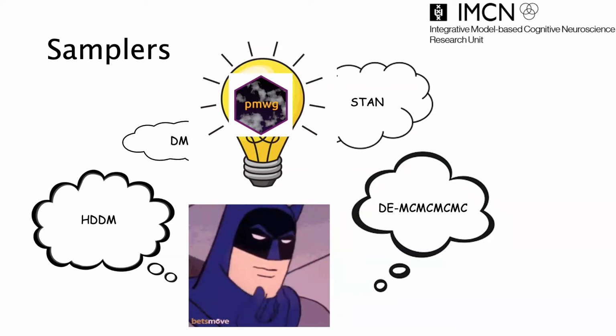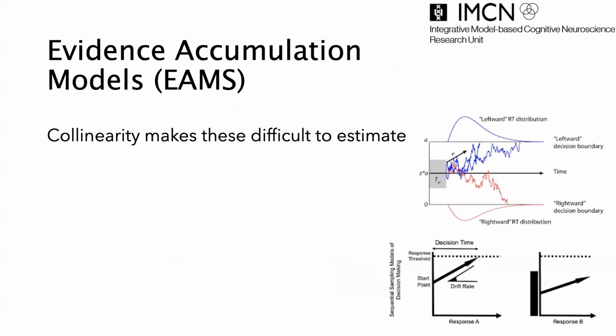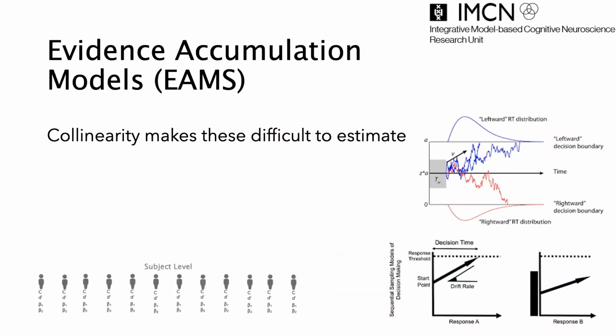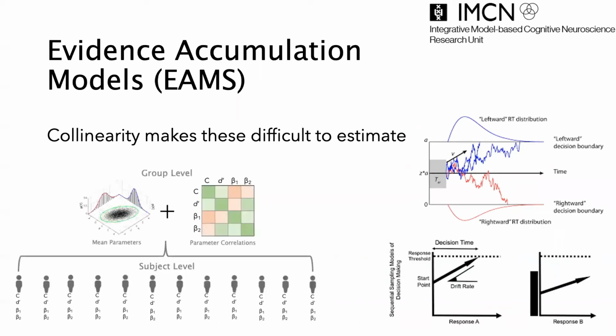Now in this talk, we're going to refer to models as models with a tractable likelihood, so no simulation-based stuff. Of course, you could use this modeling technique for any other models you might want to fit, but many people know of evidence accumulation models, so they make a nice example for now. EAMs are an example of models that can be tricky to estimate. This is because parameters often exhibit collinearity. We all know how that can end up, don't we? We could fit these models per subject, such as Easy Diffusion does, but we've decided that we want to make a model-based inference at the group level, so we decided to use a hierarchical model.